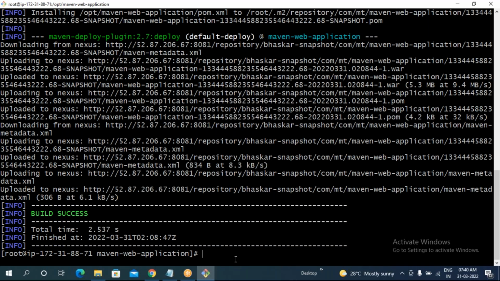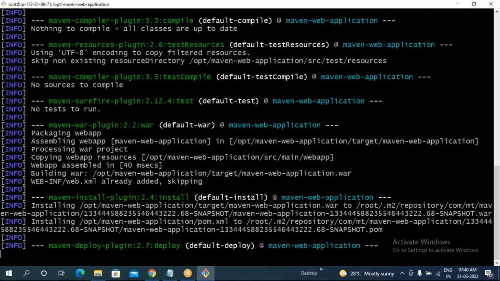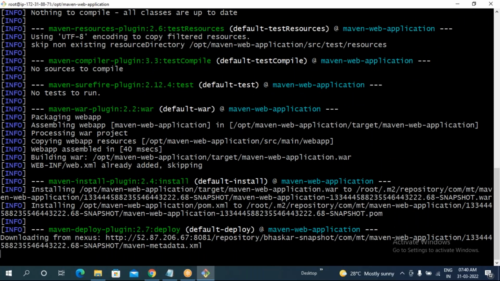Now the question is, can I execute the same command one more time? One more time I will run the same command, mvn deploy. What will happen if you execute the same command one more time? It will create the package one more time, and it can store the package in the